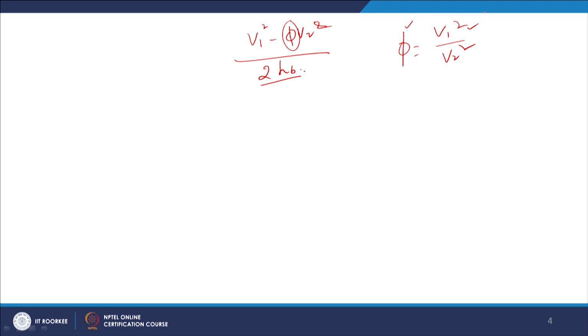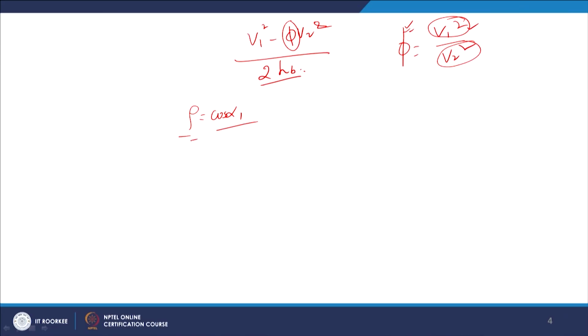So the kinetic energy of the steam which is leaving the previous stage and the kinetic energy of the steam which is entering the subsequent stage, that is known as the carryover coefficient, and it is a very important parameter in designing an impulse reaction turbine. Now we will not go for the derivation because it is a power plant engineering course. I have already done it for the impulse turbine.